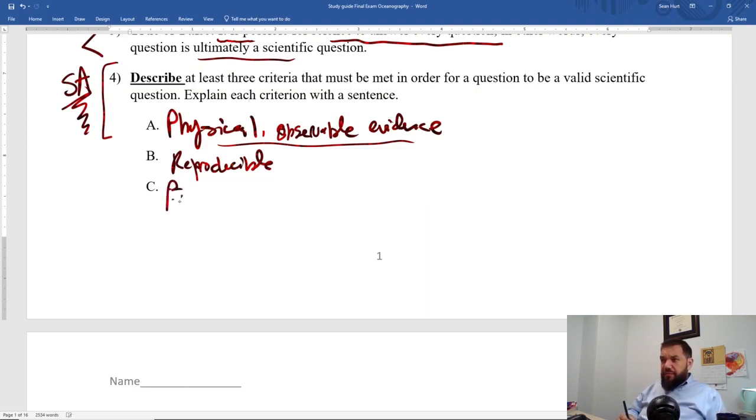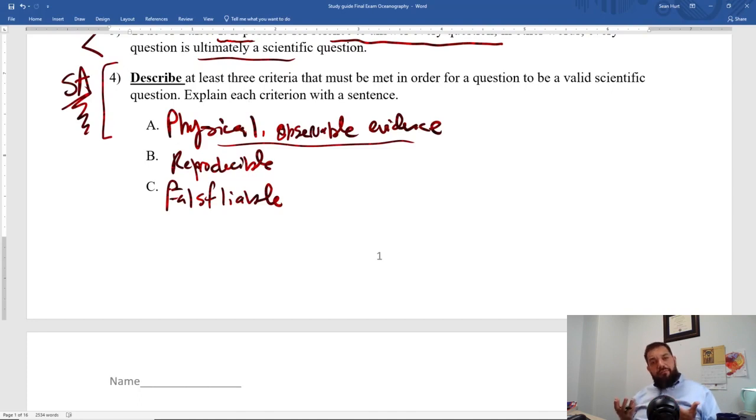We also have falsifiability. That's probably the most difficult of these concepts, okay? To be falsifiable means that it can be proven true or false with evidence. So that means you can use evidence, use what is observed, to prove something true or false. For example, let's say someone hypothesized that invisible fairies, undetectable, totally unobservable fairies come and sprinkle salt into the ocean, and that's how the salt gets into the ocean.